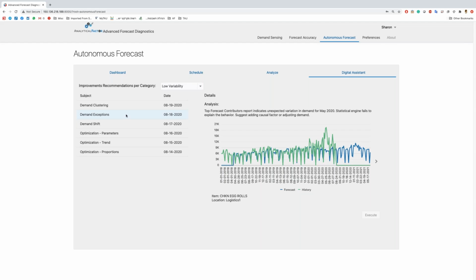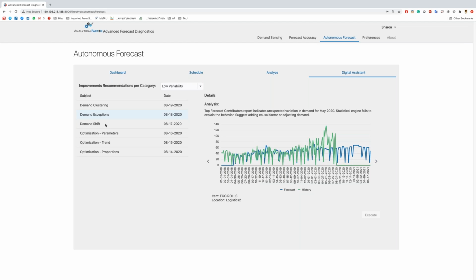So it's identifying spikes in the demand that the forecasting model doesn't understand, and it found that it happens not just on one combination, but on a few combinations. Because of that, it recommends that maybe we need to create a causal factor around that.